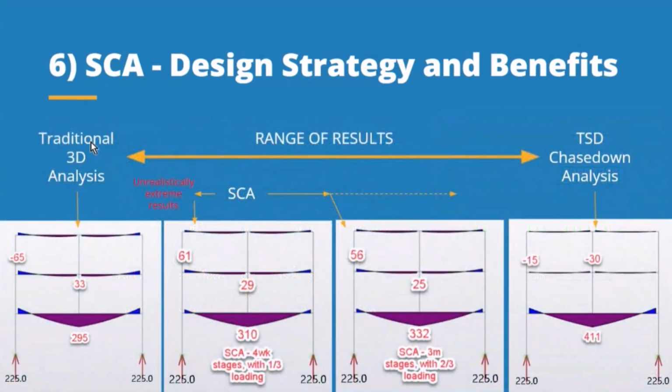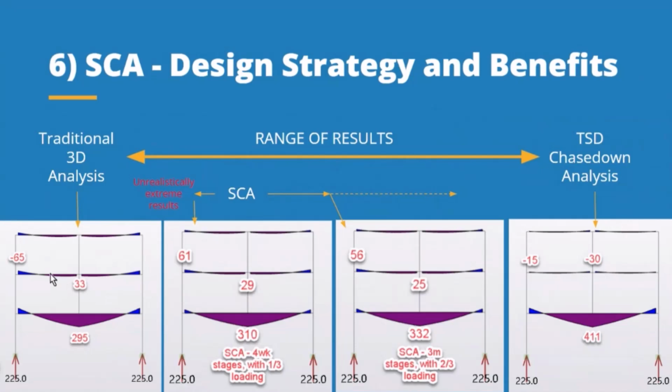When I run a traditional 3D analysis, I'm seeing a bending moment diagram in the supporting beam that I would expect, but I'm also seeing, as this beam deflects down, the beams above also deflect, and the amount of deflection at the central support is causing a bending moment that is greater than the effect from the continuous loading on that beam. So you can still see a sort of shape there, but as this support sinks, I'm not seeing the bending moment profile that I would expect as a traditional engineer, or I would have expected to be designing for.